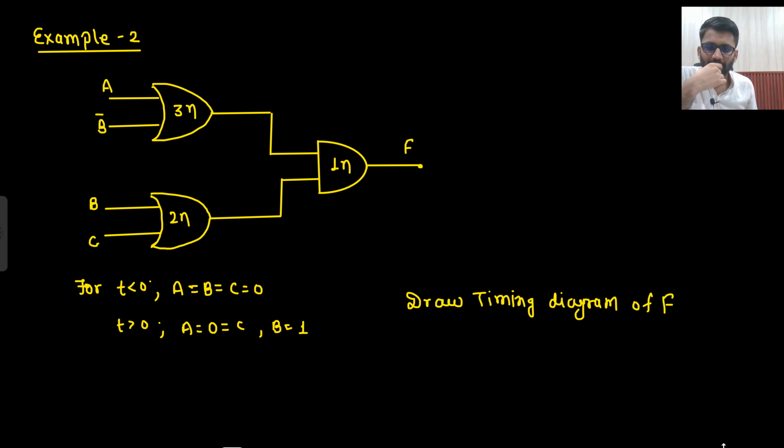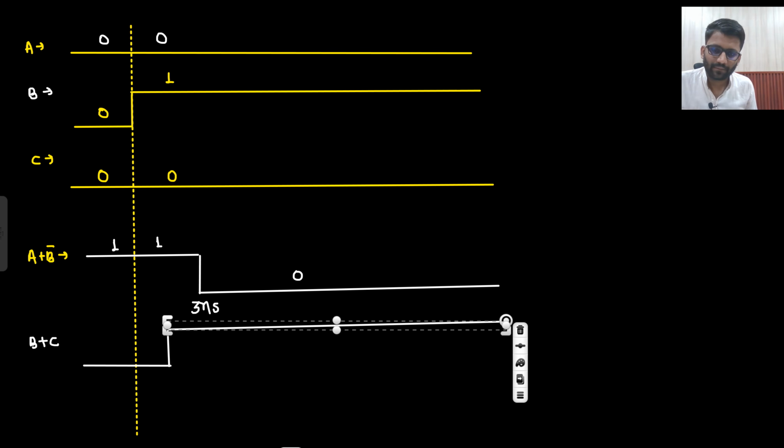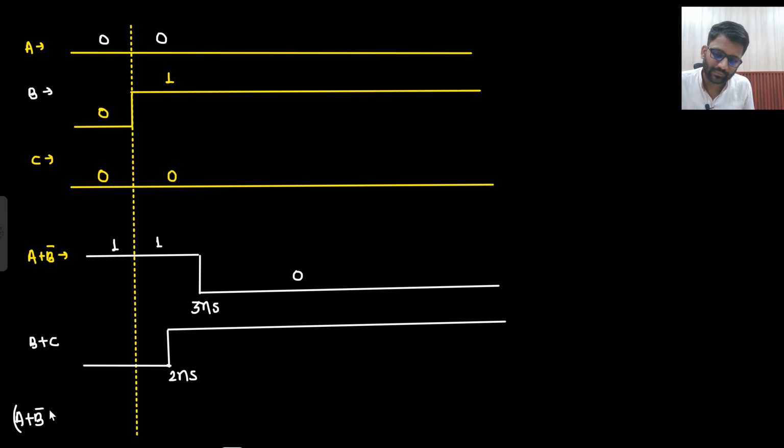Next is B plus C I need to draw. So 0 plus 0, 1 plus 0 will be 1. So it will say that I will go from 0 to 1, but I need 2 nanosecond of time. Now multiplication of both of them. So look, 1 into 0, 0, 1 into 0, 0, 1 into 1 is 1, 1 into 1 is 1,